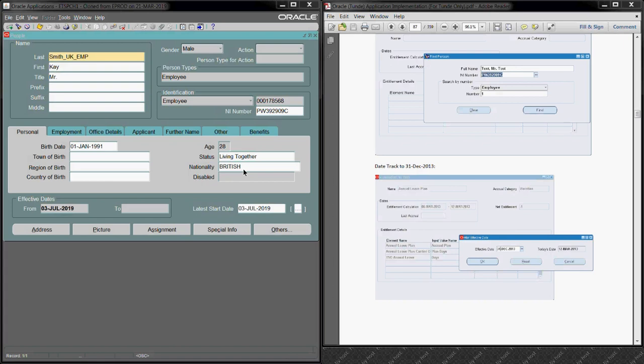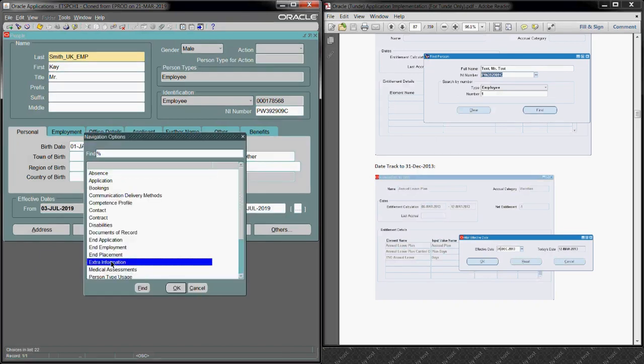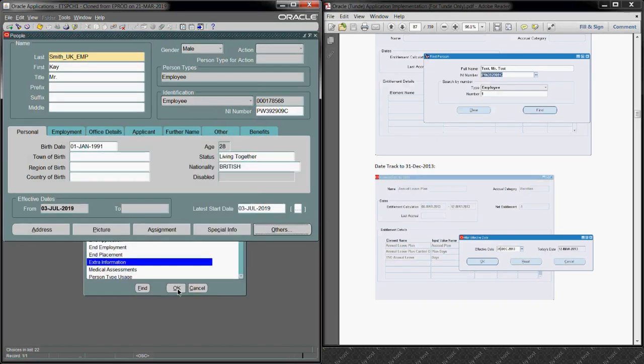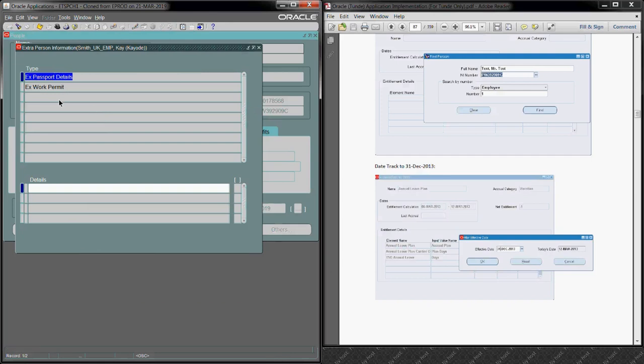So it depends on how the company is working. The company where I'm working at the moment, before they enter anybody into the system, they fill in a template. In the template is the information which will be entered for every single employee. Once they do this, remember I mentioned that we have what is called an EIT, which is extra information type. The extra information type allows every company to add additional fields which Oracle cannot